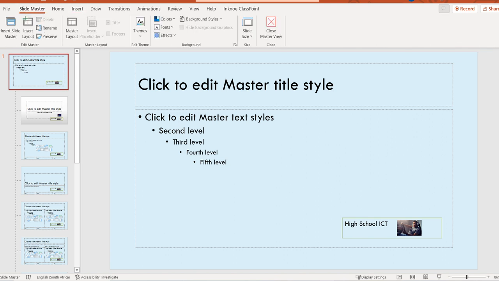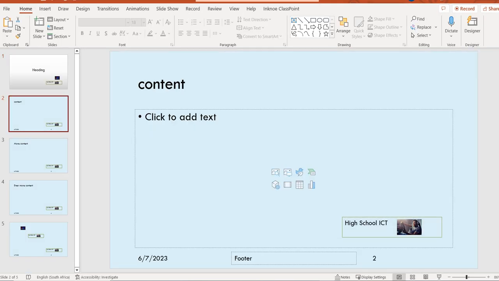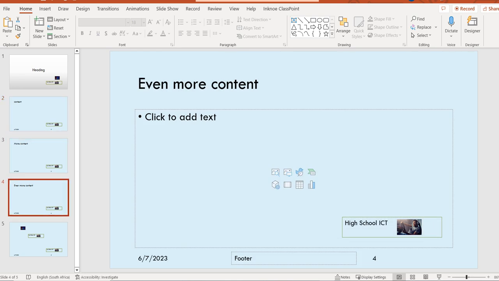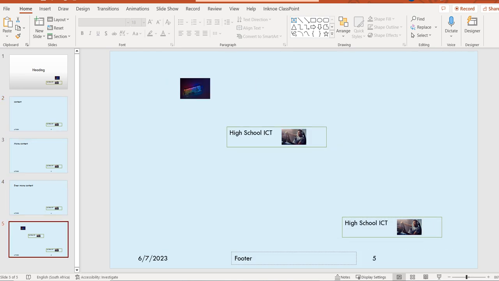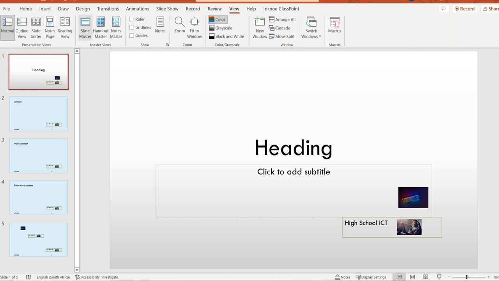Back to slide master, close, and there you can see, not on the title but on all of these, I have my date, footer, and then the slide number. So I'm going to go back to view, slide master,